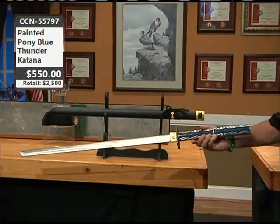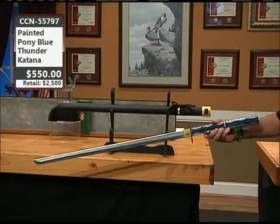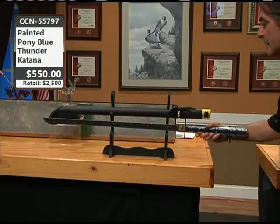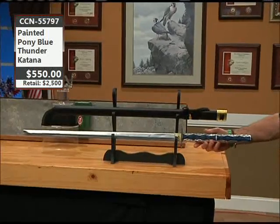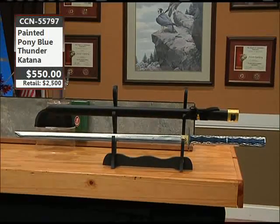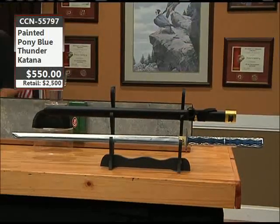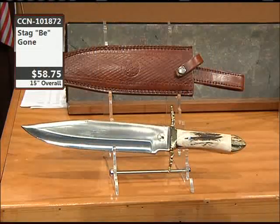That is an old one. And I do not even remember this one. One collar, 55797. It'll never, ever be done again. As a matter of fact, I don't think that he was all that keen doing the katanas, which that's a Ninja toe that you just saw there. This is going to be